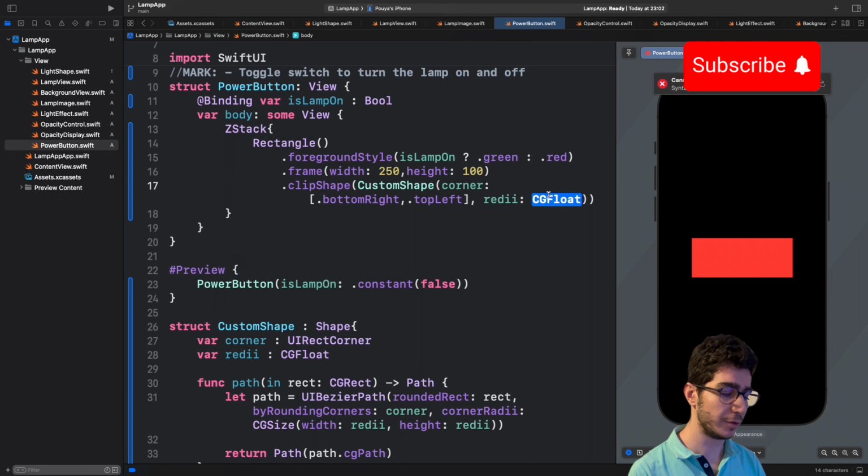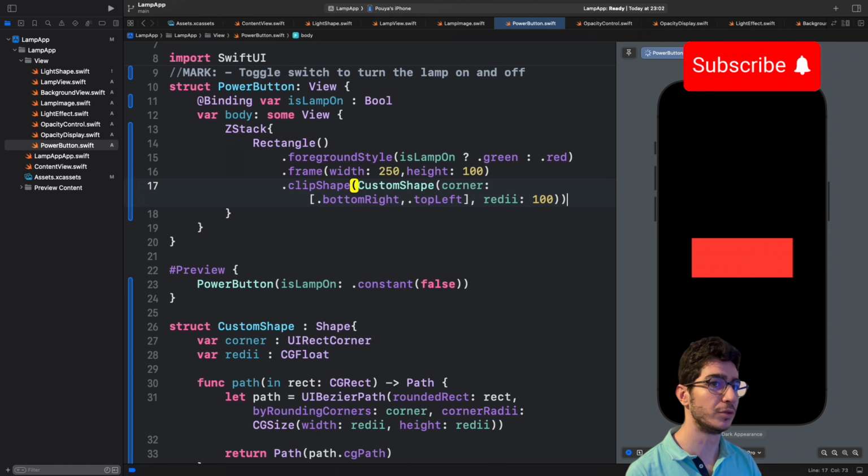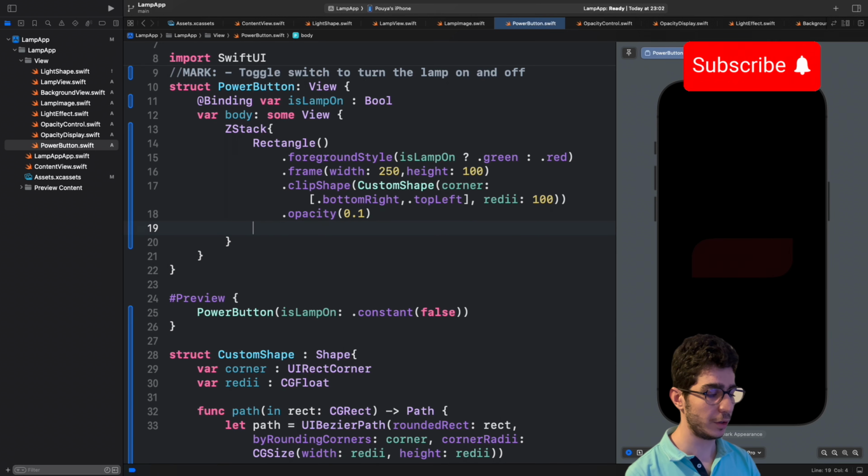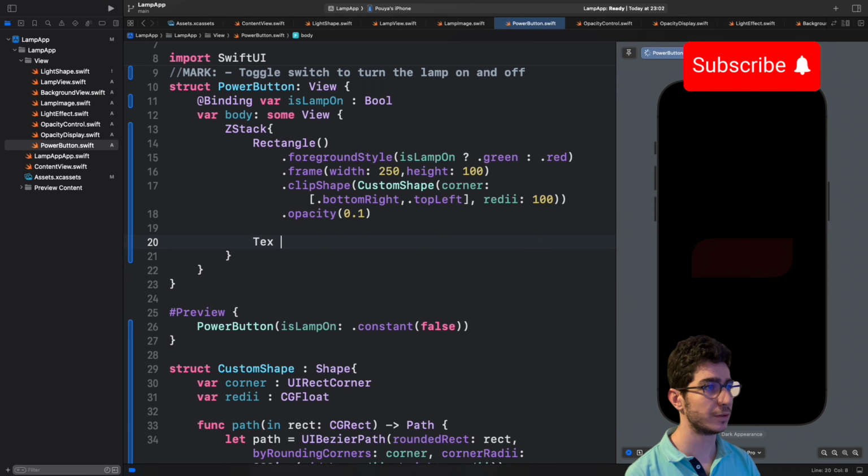So here we have the radius of 100. We're good to go, I think. Let me just see. Yep. And we have the opacity of 0.1. And here we have a text